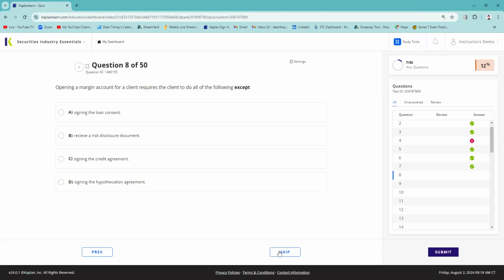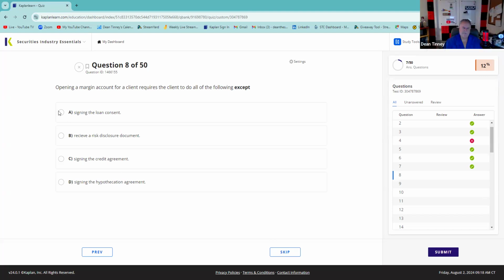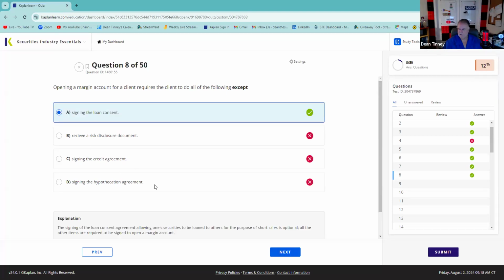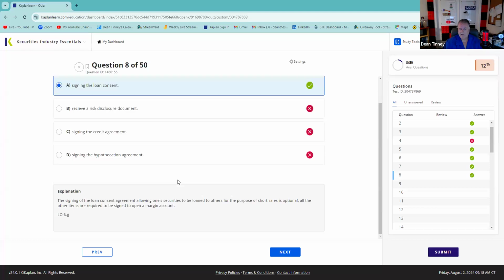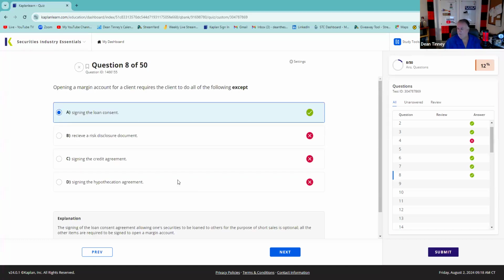So then you're not signing a loan consent. I say, Allison, we have other customers who wish to sell short securities. Would it be okay if we lend them your securities to establish a short position? And you say, well, Dean, I don't think it's in my best interest to help people go short securities that I'm long. I say, Allison, it isn't. And that's why this part of the documentation is indeed optional. You don't have to lend your securities to my other customers if you don't want to.